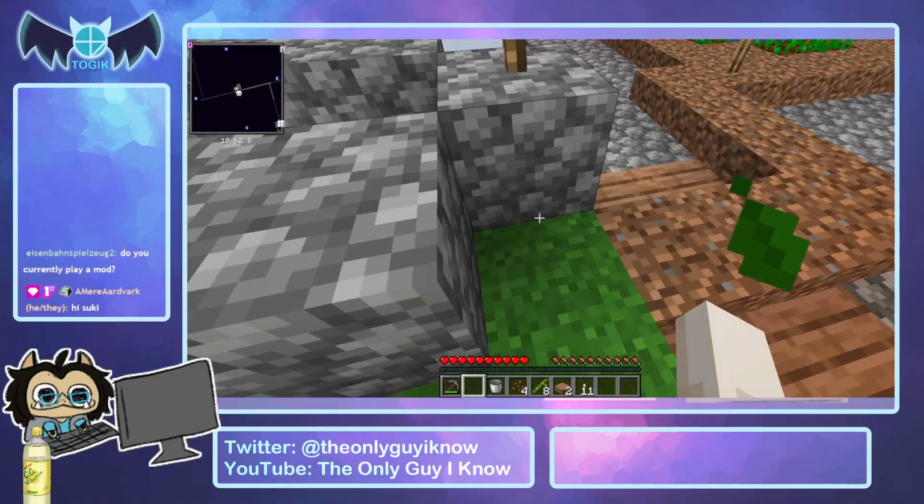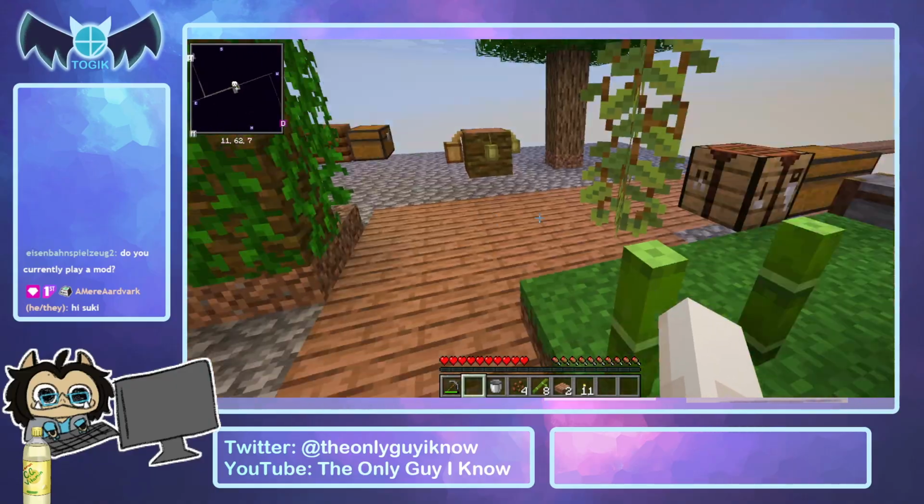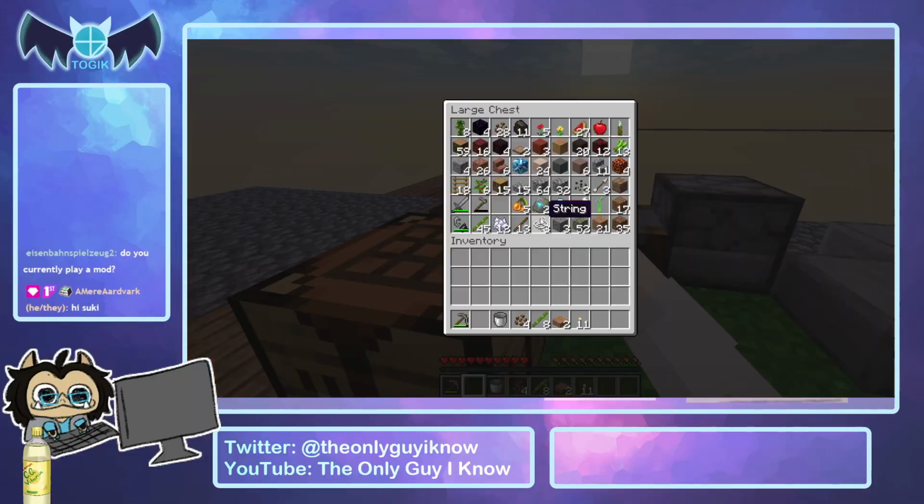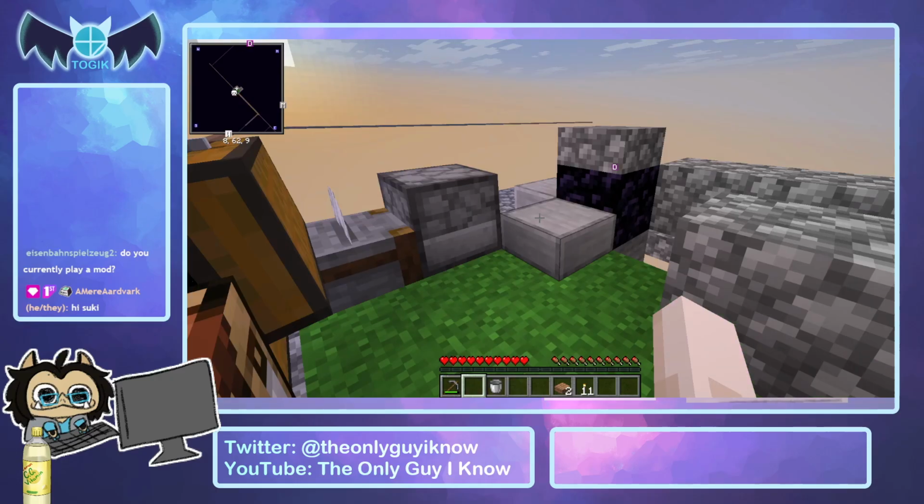But this does mean that I need to go and grab that lava bucket. Cocoa beans into there, and then